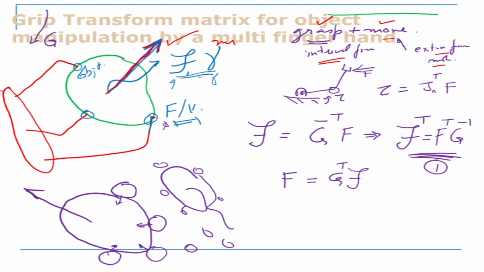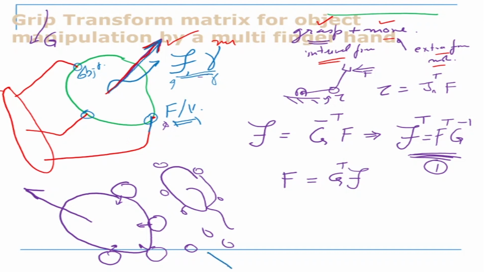Okay, now basically we want to know what is the relation between this and this now. That means if I want a desired force in the center of the object, what should be the fingertip forces? Or in other words, if I want a desired velocity at the center of the object, then what should be the corresponding velocities of the fingertips? What is the relation there? Okay, so if I want to manipulate the object, I have to give fingertip velocities, right? Now what should be the fingertip velocity to get a particular velocity at the center of the object? That is what we are trying to do. Now this can be used for grasping and manipulation as shown here in the figure.